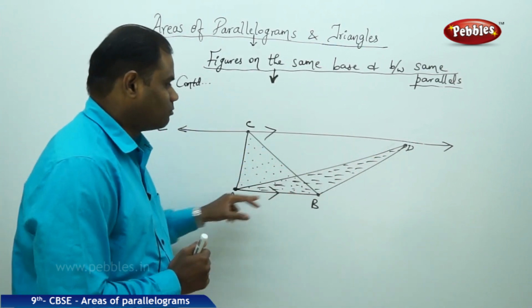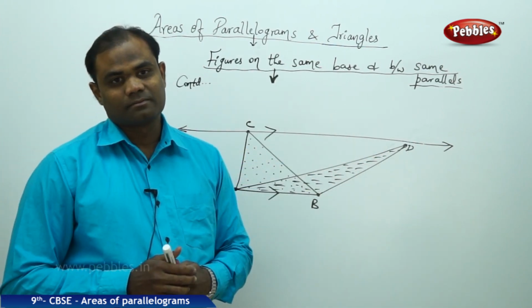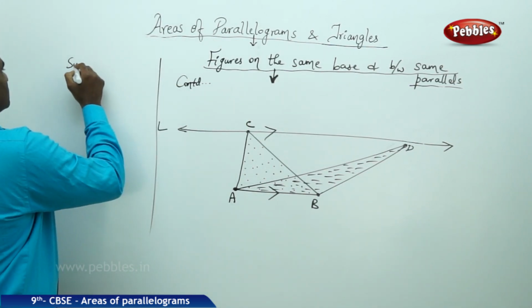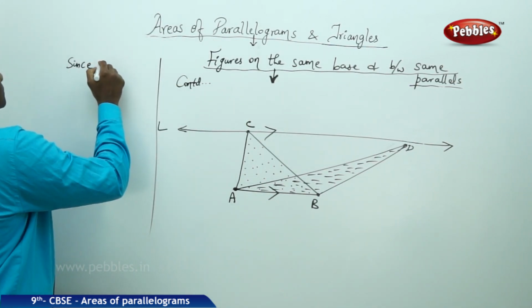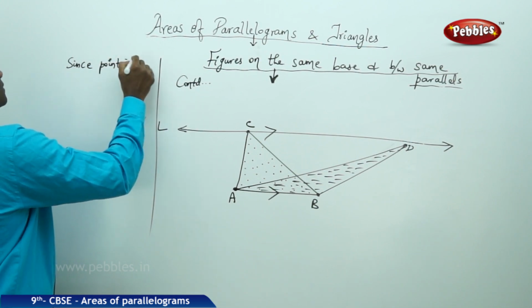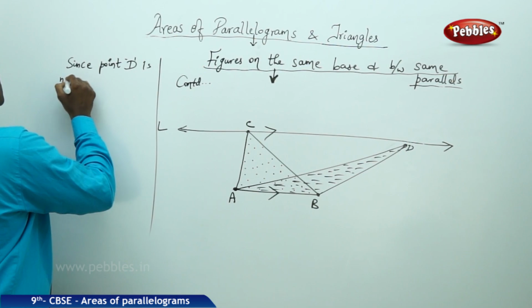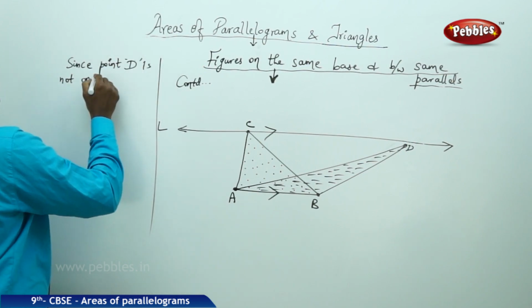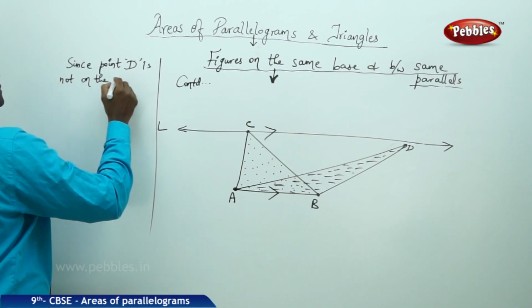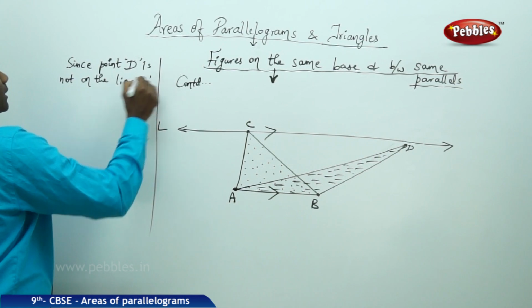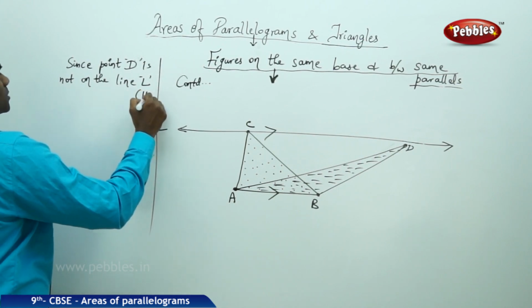This region cannot be between same parallels. So I come to the conclusion that since point D is not on the line L which is parallel to